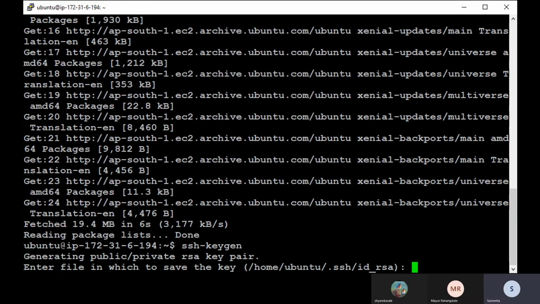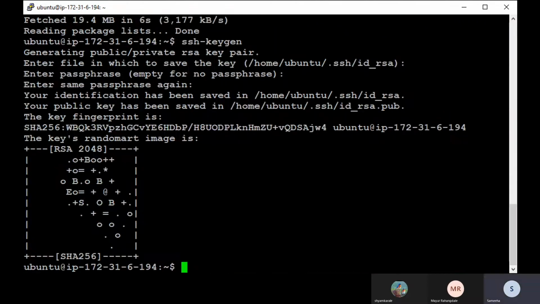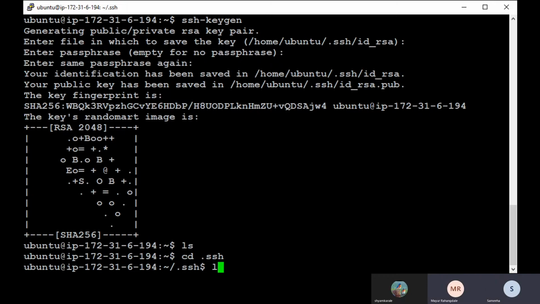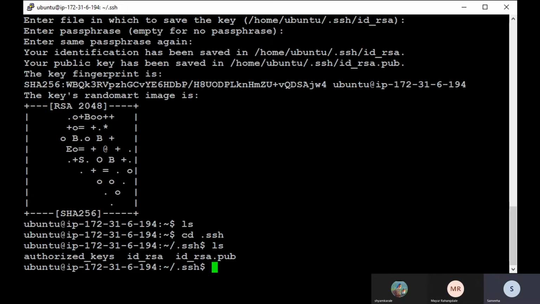SSH keygen. Enter. Okay, so we have the id_rsa public key. We'll append this into authorized keys. We have to do cat now for that.